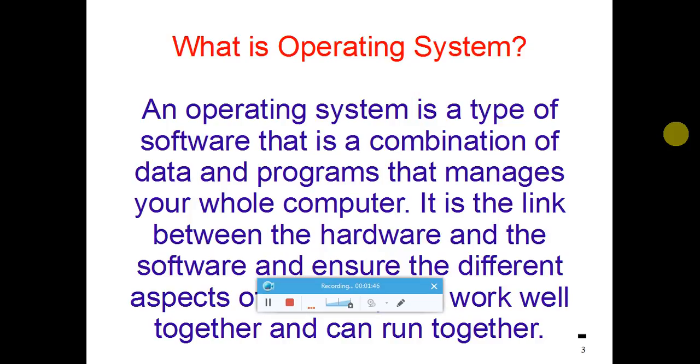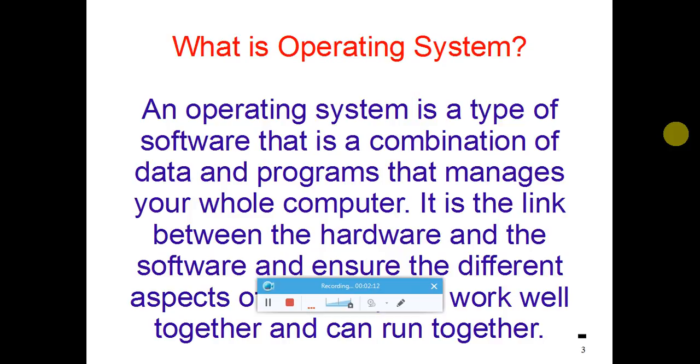But I need to make it clear that operating system is a software, and sometimes we mention it as a program only. So it is a program or a software which manages the computer hardware. It also provides a basis for application programs and acts as an intermediary between the computer user and the computer hardware. I am going to explain these things through diagrams in the coming slides.